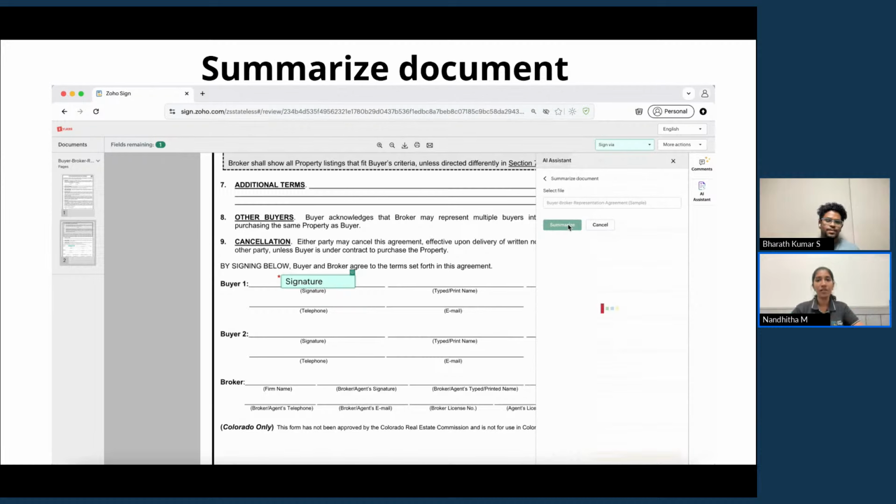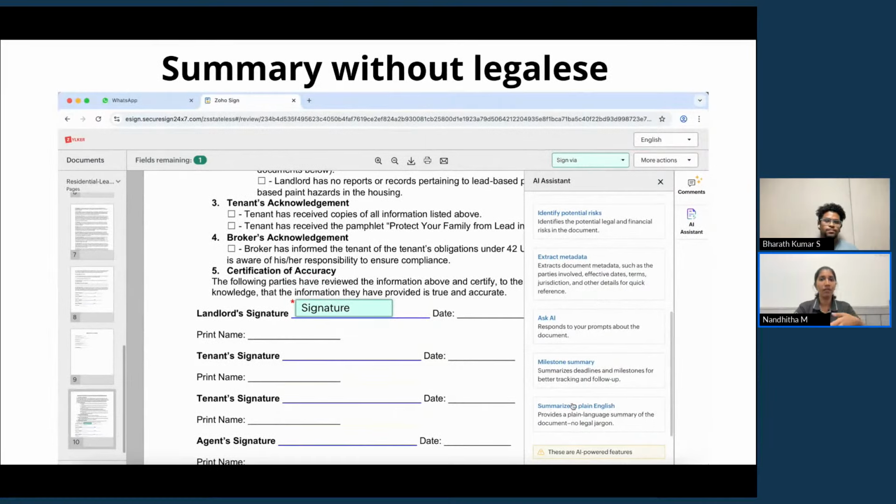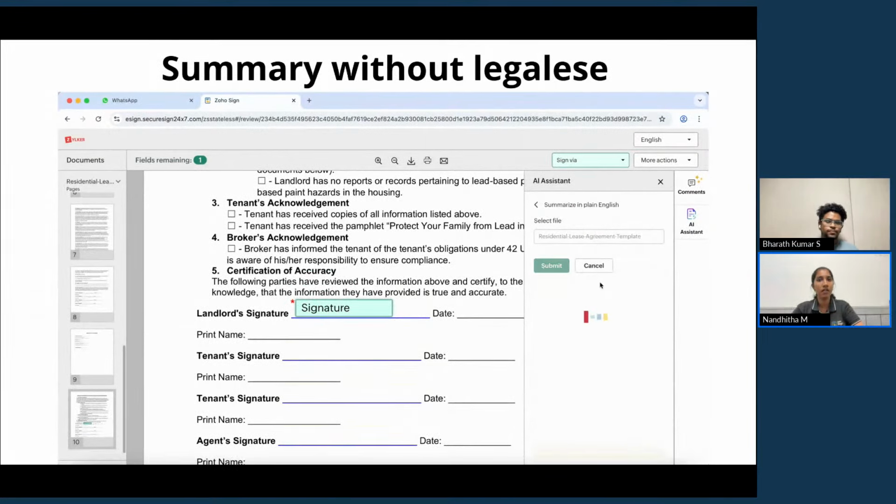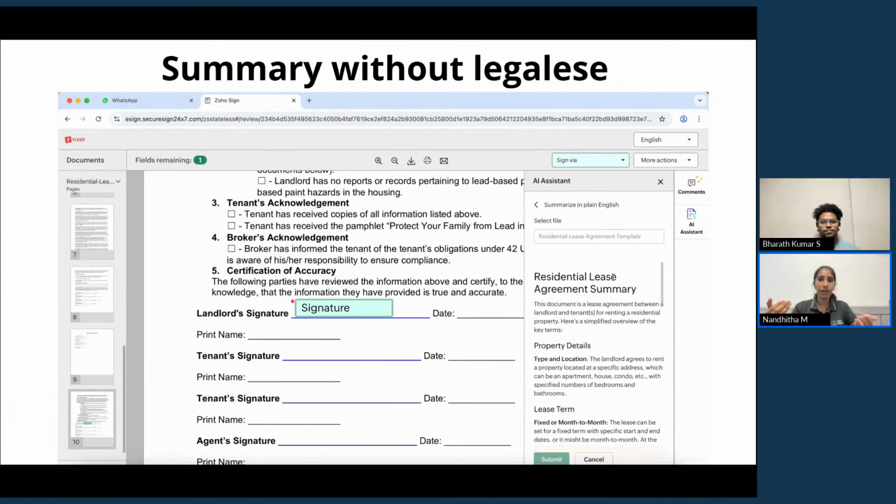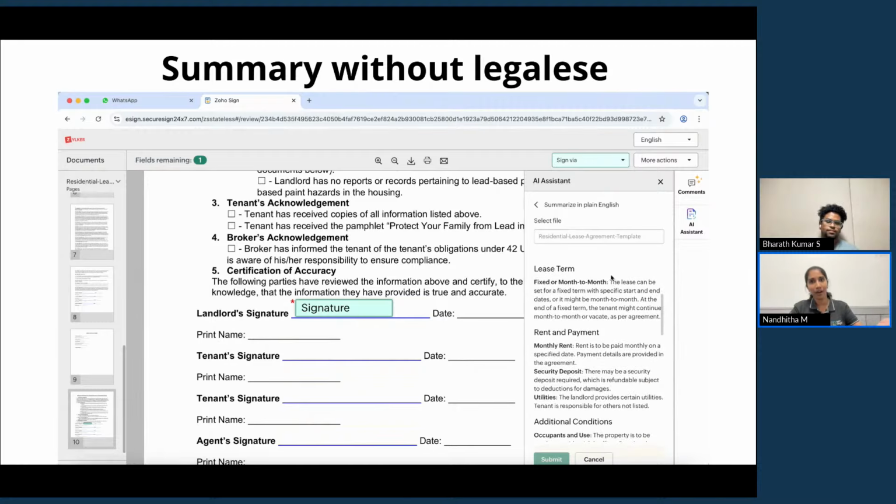And what I also observed is that last time we were having this live, we just had the summarizing of a document available. So that meant whatever was there inside the document, we get a gist of it. But now we have improved it to have a non-legalese version also, which is really important because, like you said, there are times there are clauses which might be worded in a way that we don't understand or a little complicated. Sometimes there's straight up legal language in Latin and Greek that we don't understand.